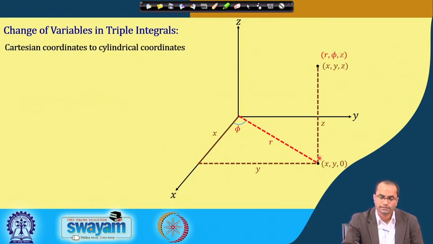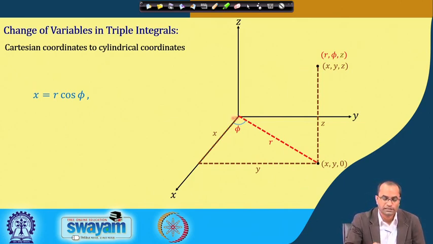So, the third member of this point here is the same as the z in the Cartesian coordinates, and now this phi is similar to what we have in the spherical coordinates. That is precisely the angle which we have already discussed, the phi which is from the x axis to the line joining the origin to this x y 0 point on the x y plane. And now this r is again a distance, but that is a difference here. In spherical coordinates we had r from the origin to the given point, but now this r is the distance in the x y plane.